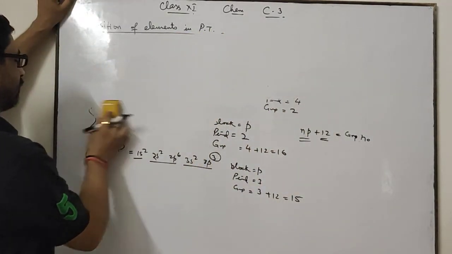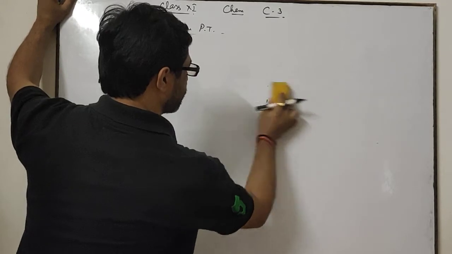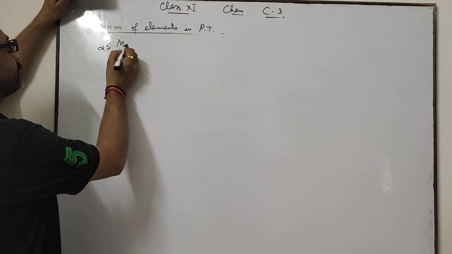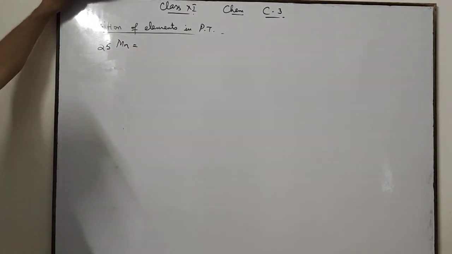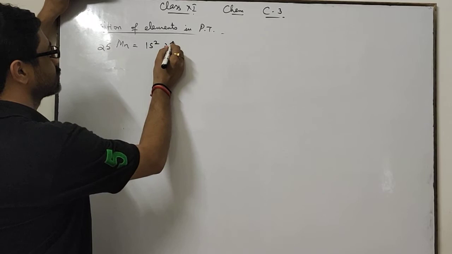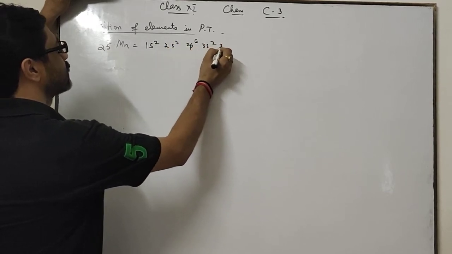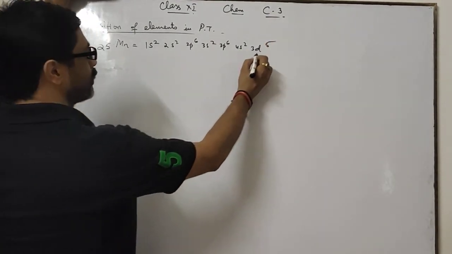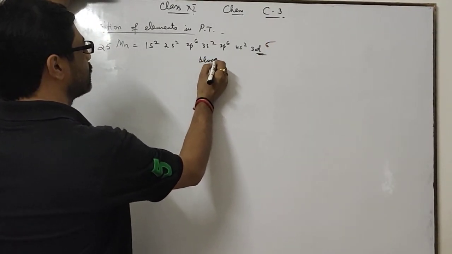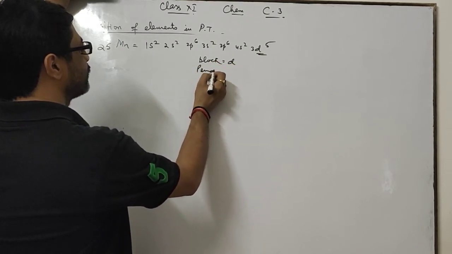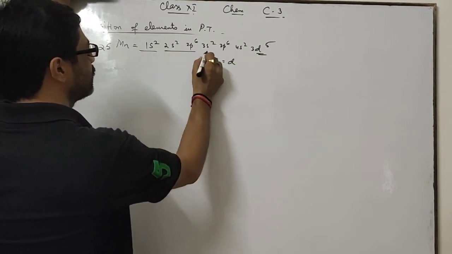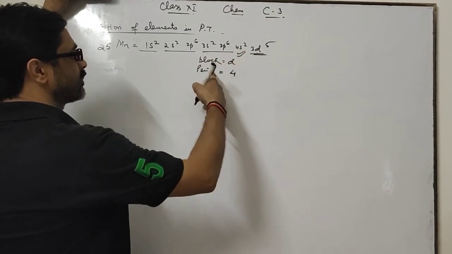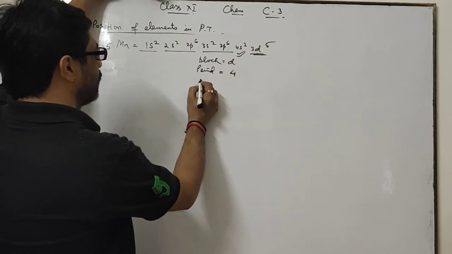Now come to elements from d block. For d block elements like 25 Mn, first of all we write the electronic configuration 1s2, 2s2, 2p6, 3s2, 3p6, 4s2, 3d5. This element belongs to block d. The period for this element is first, second, third, and this one is fourth. The outermost shell is the fourth, so period number 4.